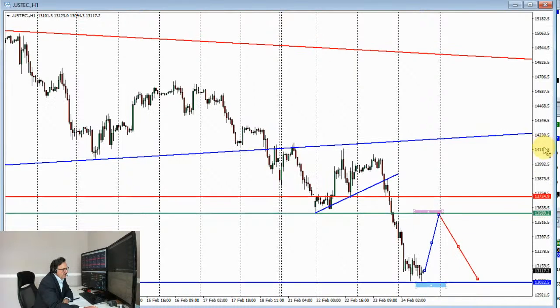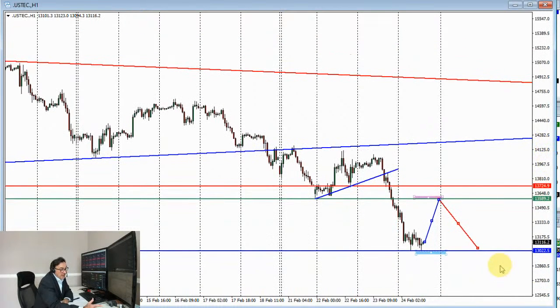Okay, so the level which I'm paying attention to closely in relation to Nasdaq is at 13,590. So this area here, this was the previous low from the 22nd of February, and if you're brand new, this is referred to as a resistance. It was support before, support before, support before. So it was our floor. The price was testing it and bouncing, testing it and bouncing, testing it and bouncing off that. So once you lose that support, then it becomes resistance. That basically becomes a ceiling.